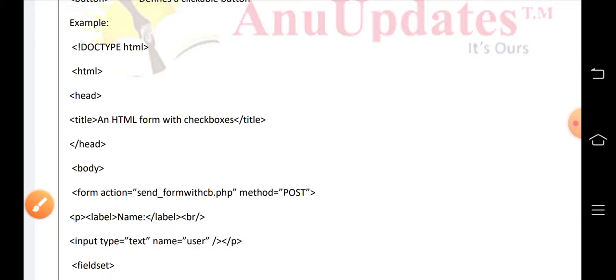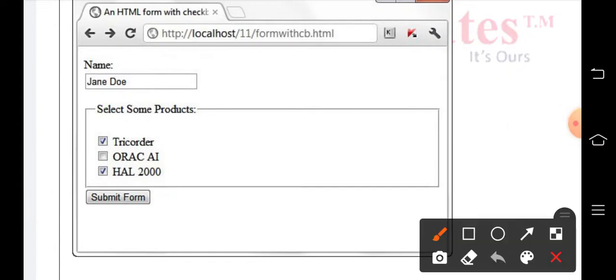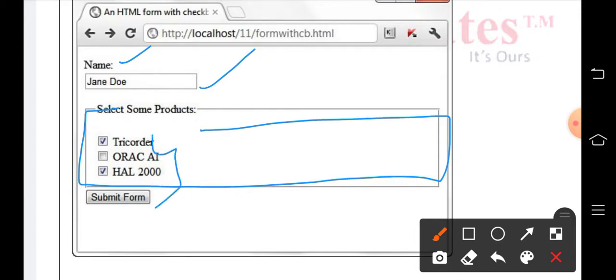First we have seen creating a form with simple input fields, name and email. Similarly, you can see here we are designing a form. This is the output of the form. In this, one label is name and this is the text box. Then this whole thing we call a fieldset.